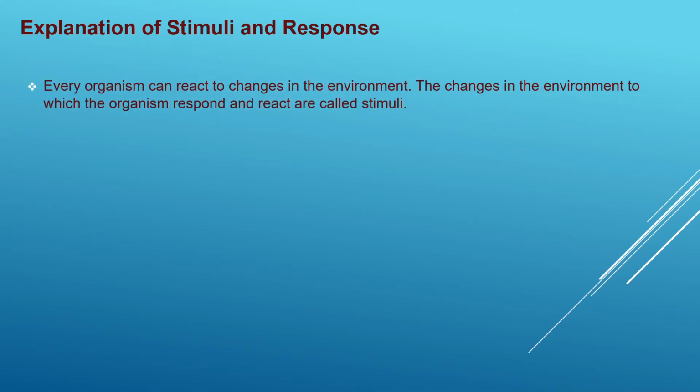Now I will discuss stimuli and response. You have noticed that a plant cannot move from one place to another, but it can move its body parts through growth, while the whole plant body cannot move on its own. How do they do this growth? That means how do they grow, and what are the external forces, and where do these external forces come from? These external agents come from the environment.